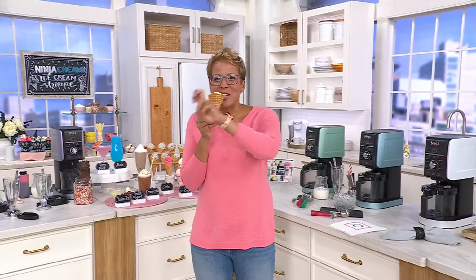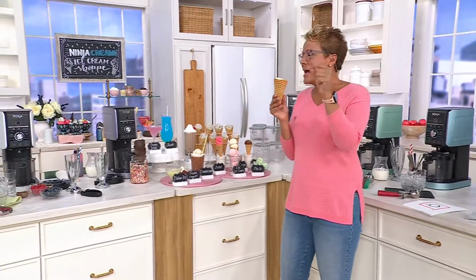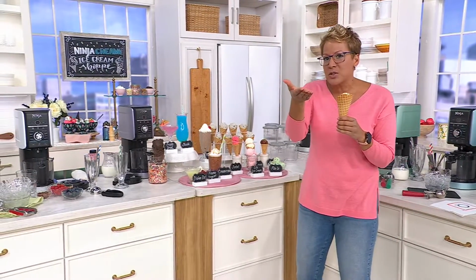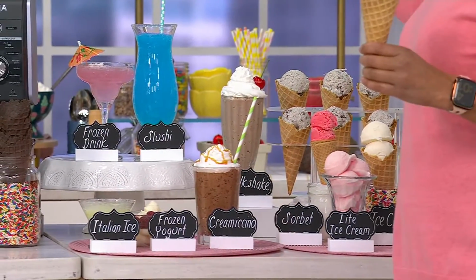Job to eat ice cream. Come on, you know you want it, because whenever it's hot outside, what do we want? Ice cream. And the Ninja CREAMi has been tremendously popular here at QVC, but now our today's special value is a Ninja CREAMi that doesn't only do the 6 things that it used to do before, but now it's an